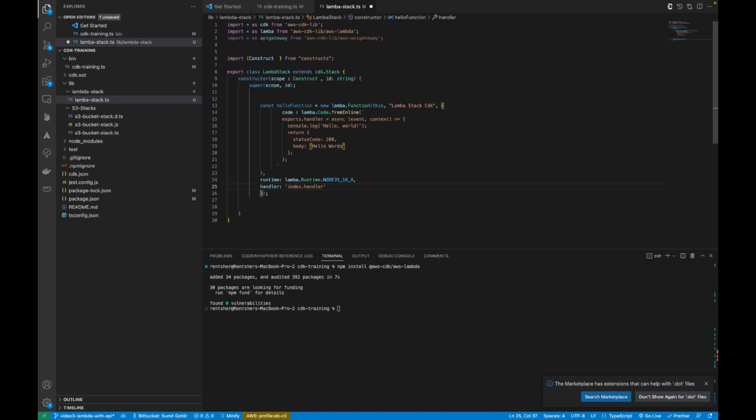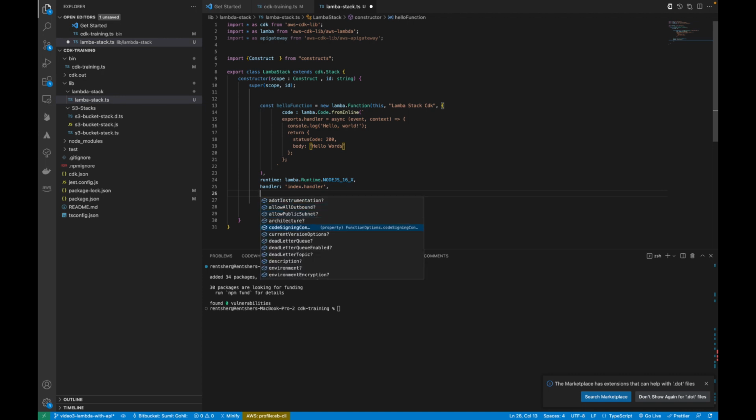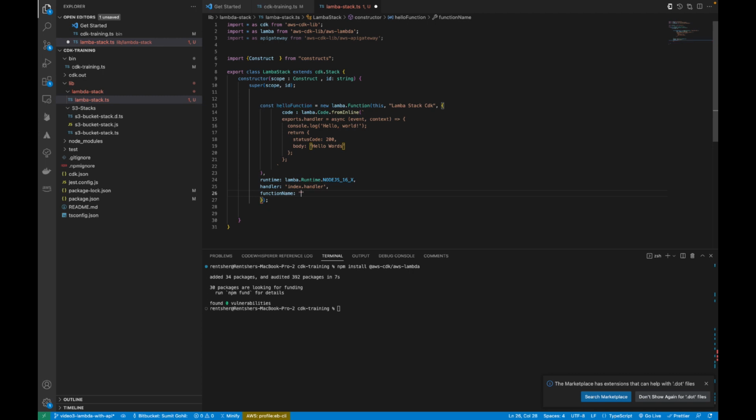Now there are various other things, for example the description of this Lambda, and function name. Let's also use function name, CDK training lambda. Okay,